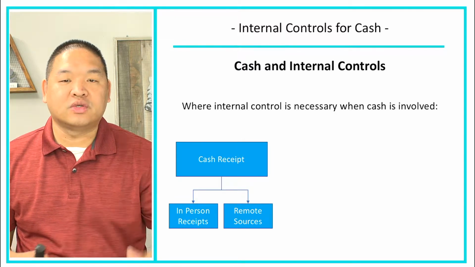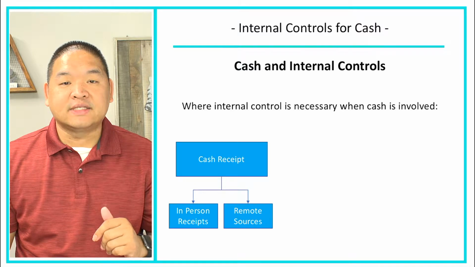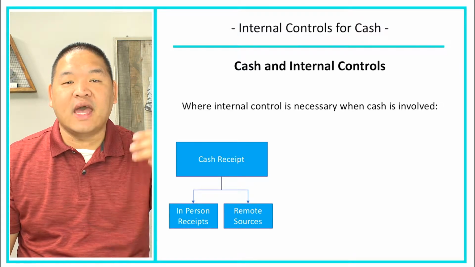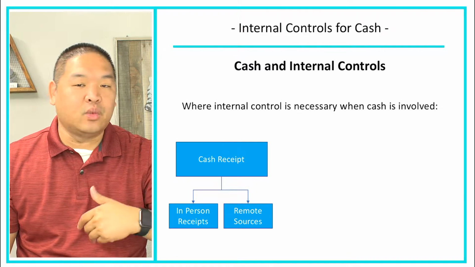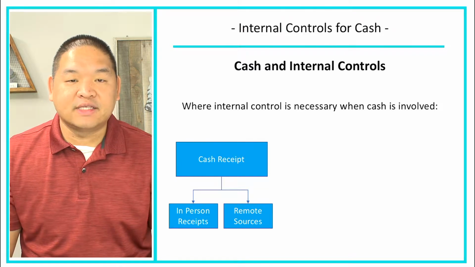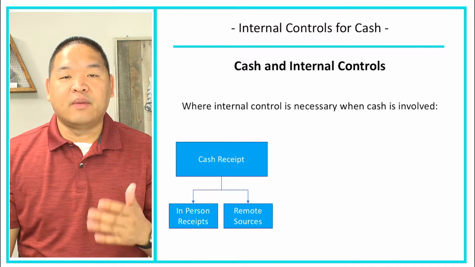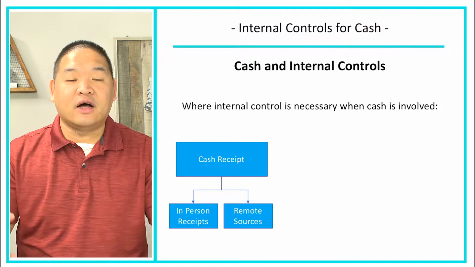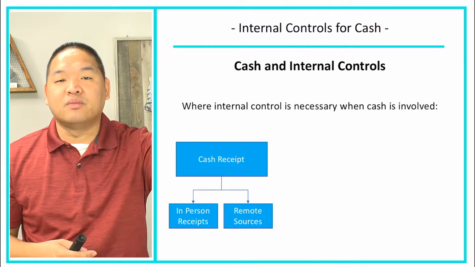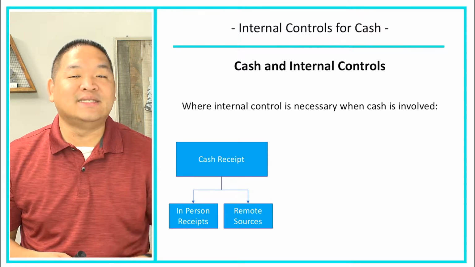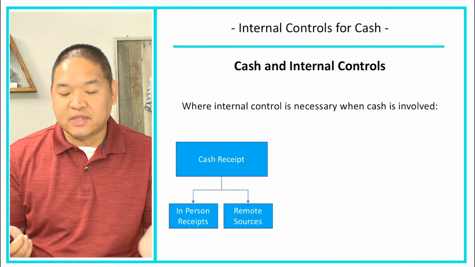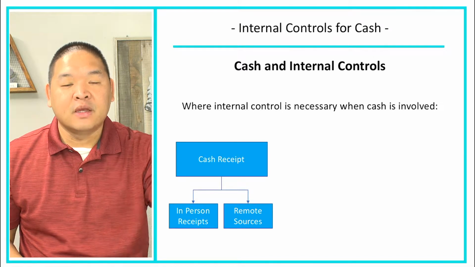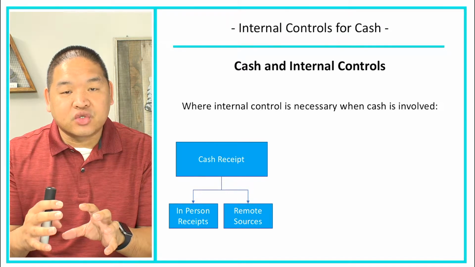And then there's remote sources. Remote sources may be someone else off-site collecting cash or credit card transactions and processing it there and then depositing it with you. So a great example of that would be off-site sales. A company typically has their business at their business location, but then they go somewhere else for an off-site sale. Now we have these remote sources of income that we need to deal with. Credit card transactions sometimes can be thought of that way because you don't get the cash right away, you get it later on. So that's one aspect where internal controls are important.